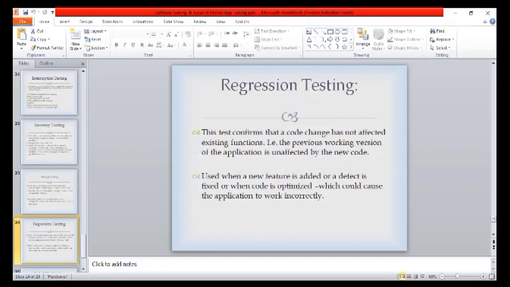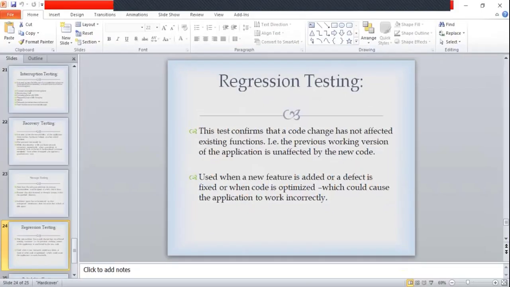And the last, regression testing. Almost everybody has done regression testing. Regression testing is also known as maintenance testing. This test confirms that code changes will not affect the existing functionality. We have a login page. Suppose in our login page there were only two functionalities, email and password.